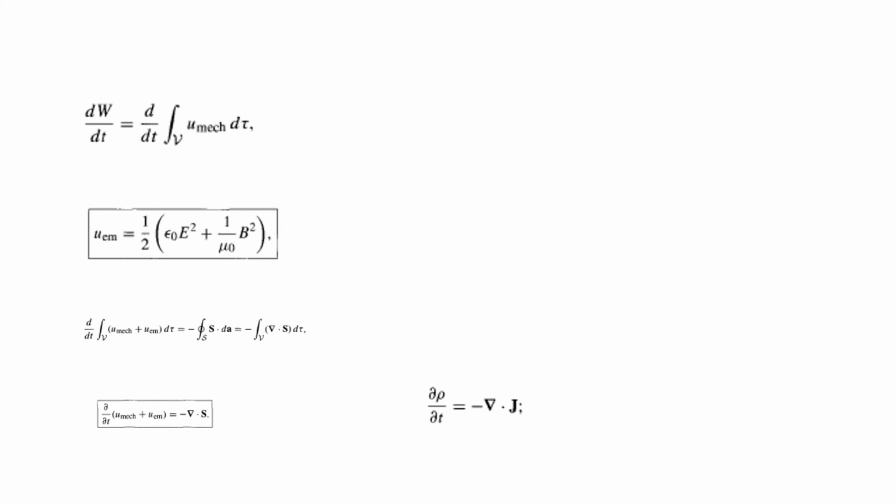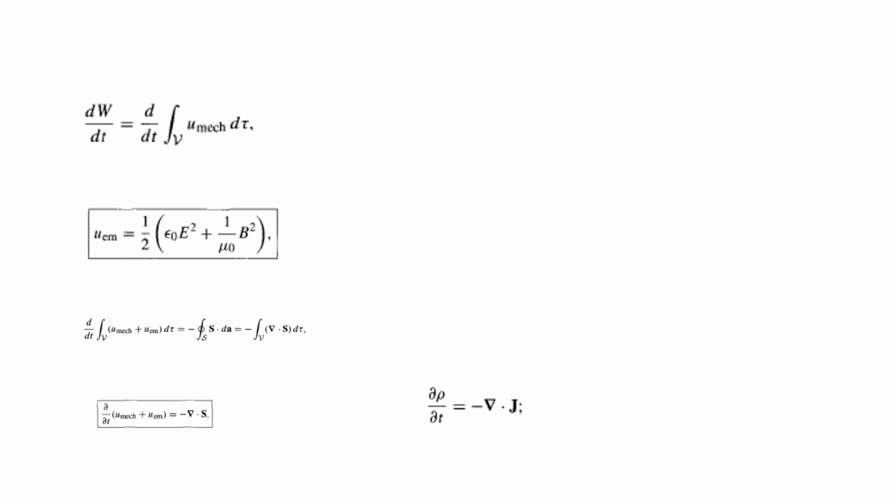So we learned Poynting's theorem and the representation of Poynting's theorem using the Poynting vector. Poynting's theorem actually stated that the work done on a charge distribution by an electromagnetic field is equal to the energy stored minus the energy that flowed out of the surface. The conservation of energy, or the work energy theorem.